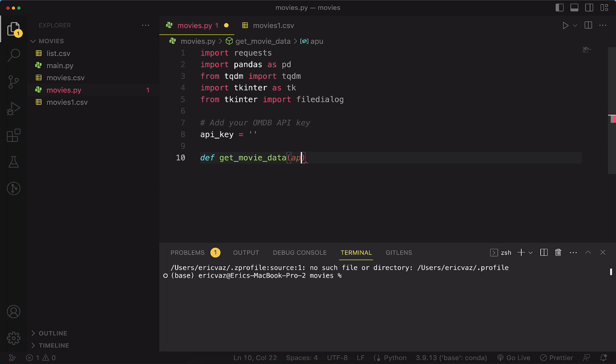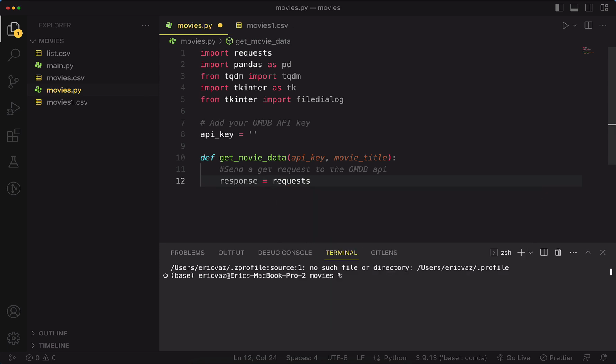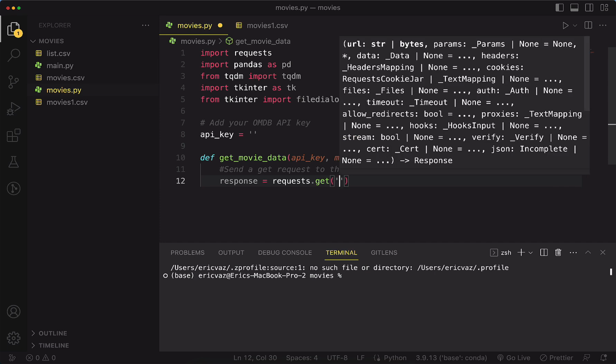And we're going to define a function, def get_movie_data. We're going to use the API key for that, which you have to fill out, and the movie title. And that function, get_movie_data, first thing that it's got to do is send a get request to the OMDb API. Let's add this here as a note. So let's call it response equal to